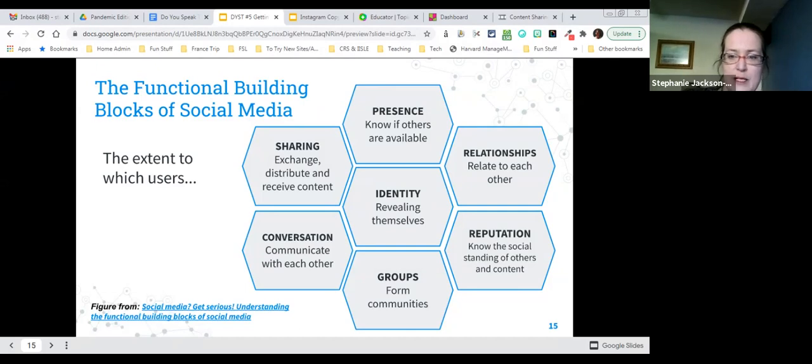And I think that we've seen this one, especially in the last few years, politically become very much ingrained in social media. It's about conversation and communicating with other people and sharing or exchanging and receiving content, right? And then finally about identity. So about revealing yourselves, who you are, and what you're about. And so this is what the function of social media is and why people are engaging in social media, right? And so again, we can see these threads that connect to our language programs, right?